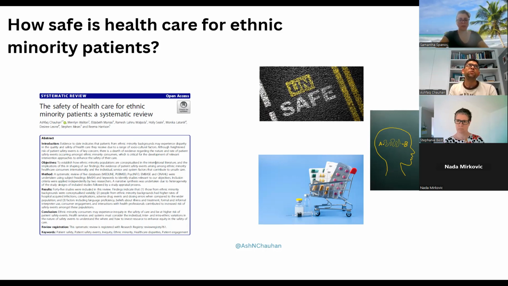We also wanted to see if having English as a second language, having a non-English preferred language, non-English language spoken at home, and country of birth have any relationship with the number of safety events.